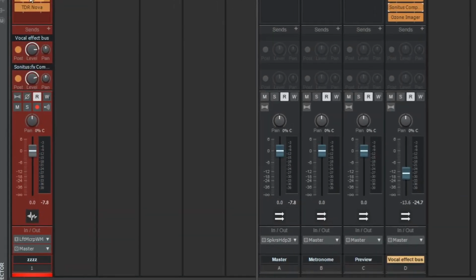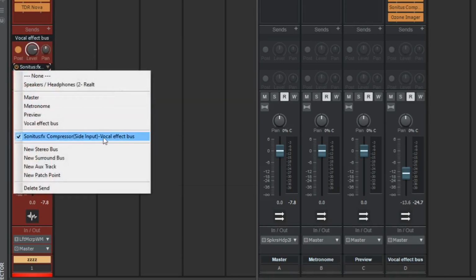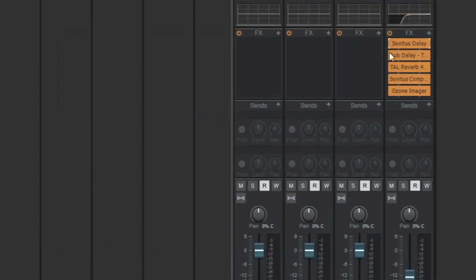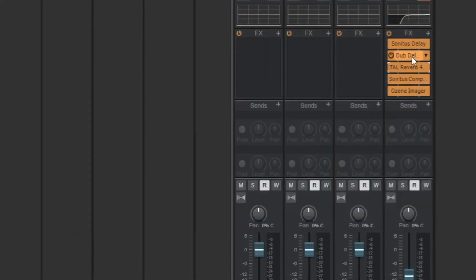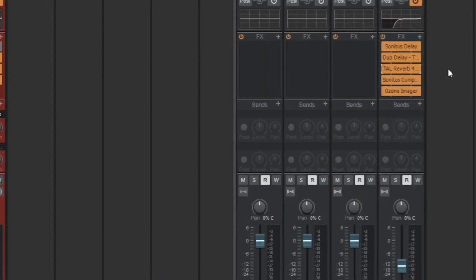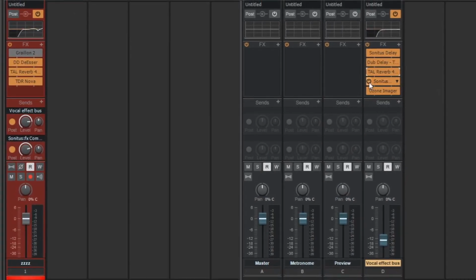In here we have the main vocal and here a bus exclusively for its effects. Obviously I'm sending a copy of the vocal to the effect bus. We have one more send which is being received by the compressor I have added in that bus. In the effects track we have a normal delay, a dub delay and a reverb plugin before the sidechain compressor, because it's this output of the reverb plugin that I want to sidechain to the dry signal. First let's hear it with the compressor turned off.